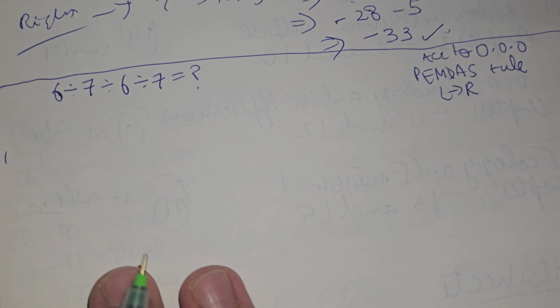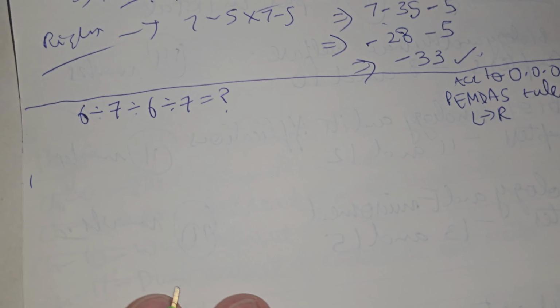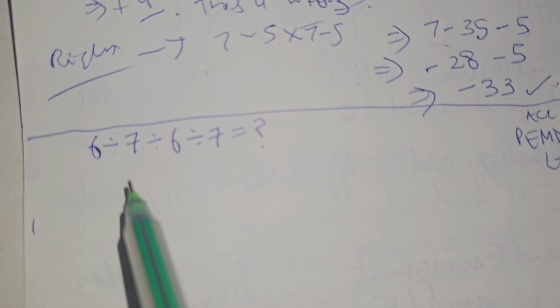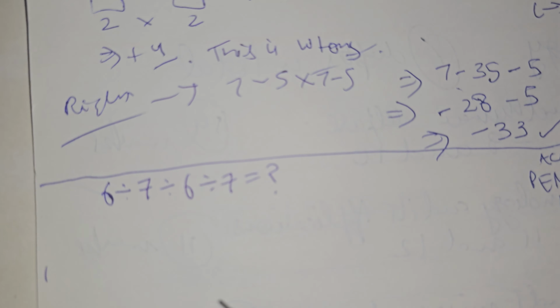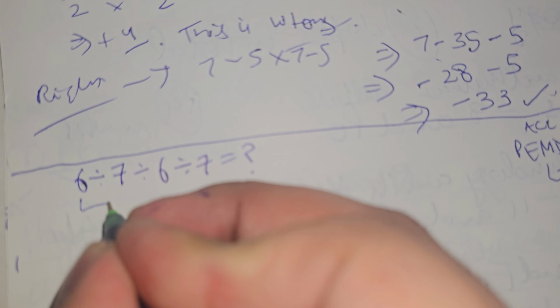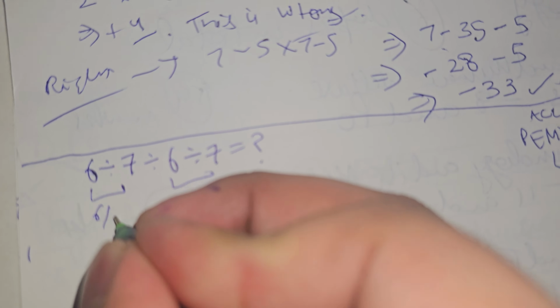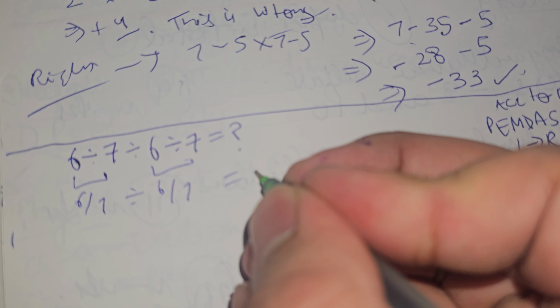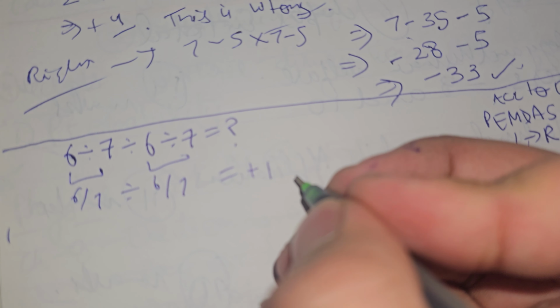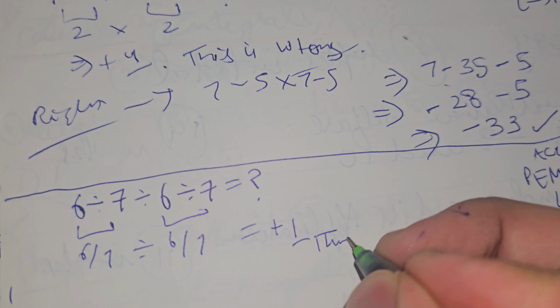Only 1 in 100 people get this answer correct. So the question is 6 divided by 7 divided by 6 divided by 7. This is how most of you solve this question: 6 by 7 divided by 6 by 7, and most of you get the answer of +1, but